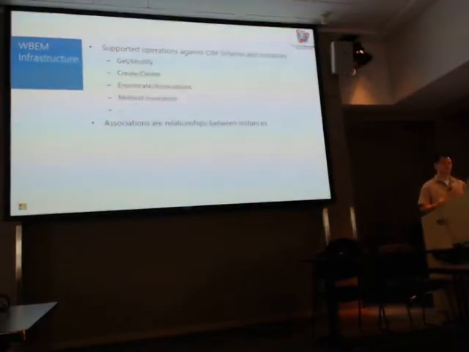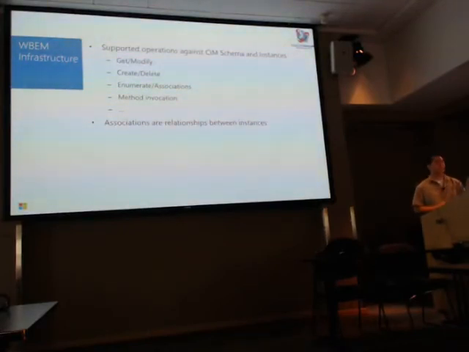One area that is a little bit unique in the CIM model is associations. If you're familiar with SQL databases, you have foreign keys, you have relationships. The only thing that's a little bit unique here is that the relationship itself, called an association, is also modeled as a class and has instances, which also means that some relationships have their own properties and are more than just pointers to two different objects. You can even have methods on relationships themselves. And we're going to show some of that in the demo later on in this session.